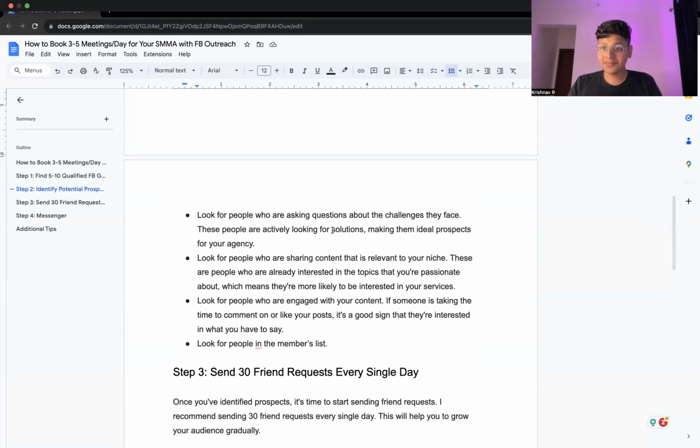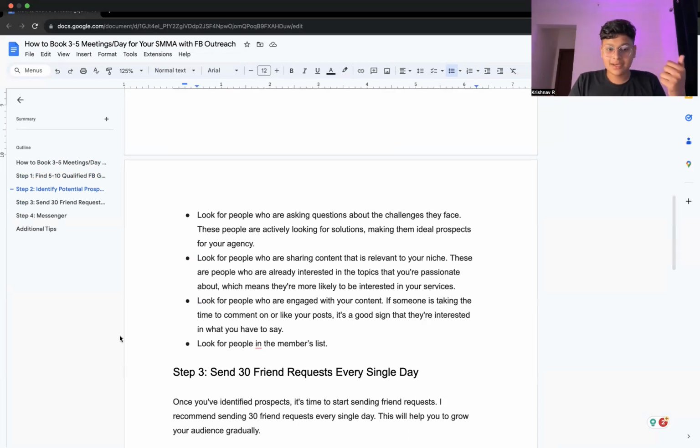So straight away, people who are in trouble, people who need answers are the best source to get your potential customers from, because these are people who are actively looking for a solution but probably not getting any, and that's why they're posting it in the Facebook group in the first place.